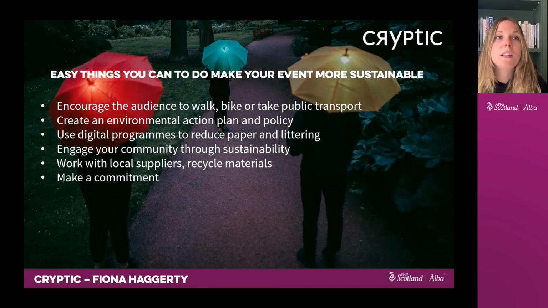Another thing that we did was we engaged the community through sustainability. So we organised a litter pick on the last day of the installation with the urban cleanup crew, which was great to be able to engage a local group and get volunteers down to the beach that maybe wouldn't have seen the work. So we had 42 volunteers that joined for the beach cleanup, and we picked up 46 bags